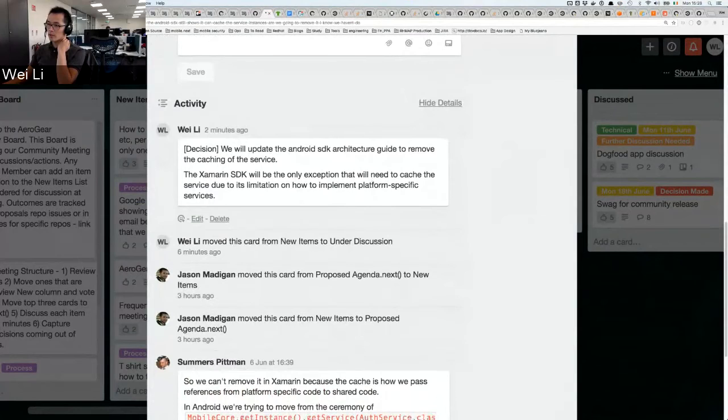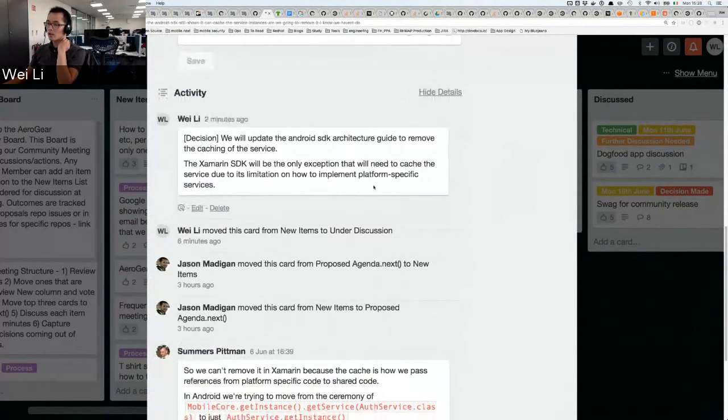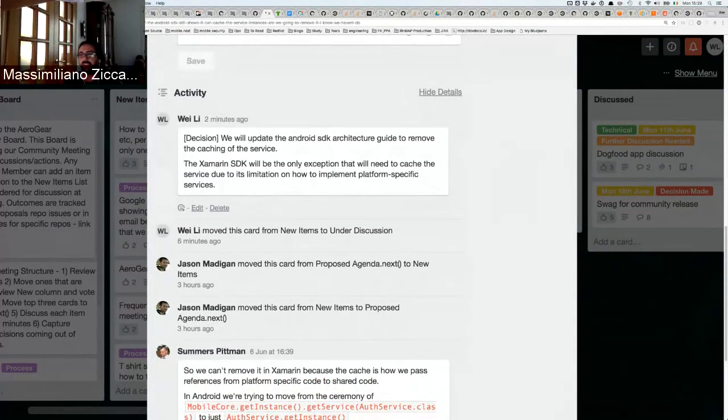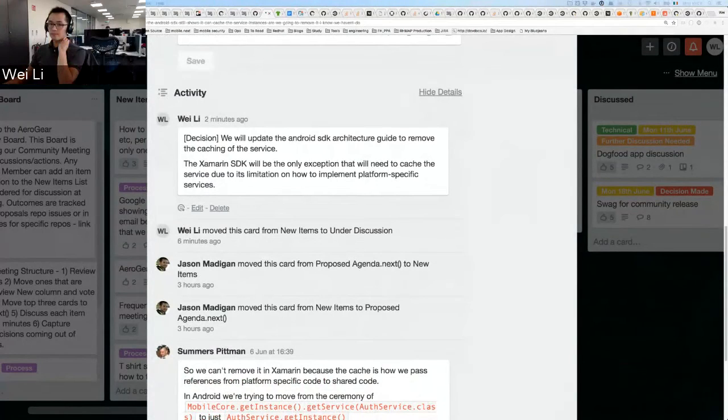So that's why we're not doing that part of the work for Android or iOS. It's not really a limitation that we can't do it, it's really just that we won't do it. Of course we can do it. I just wanted to say that the Xamarin cache we have is different from the one we used to have on Android. Yep.